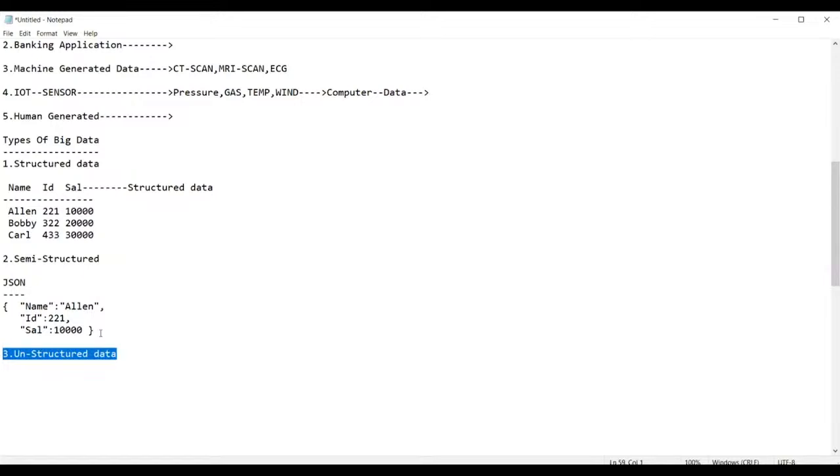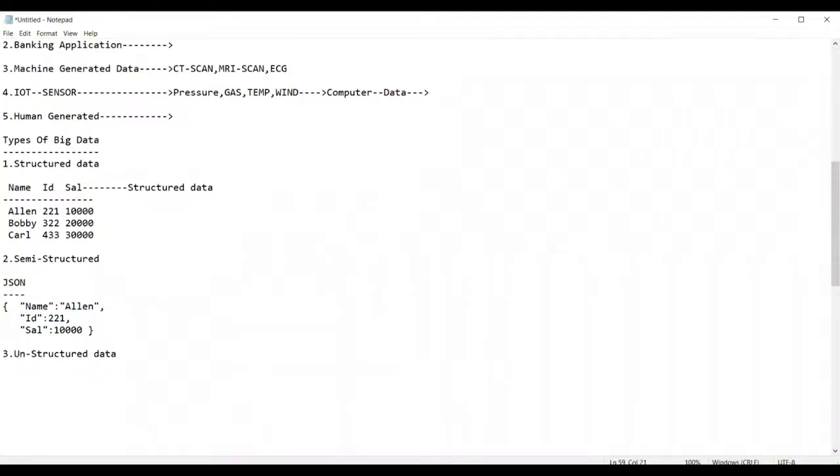Unstructured data is nothing but data where there will be no particular structure, such as the photos in your mobile phone, the videos, the chat history, and the voice notes. All these come under unstructured data.